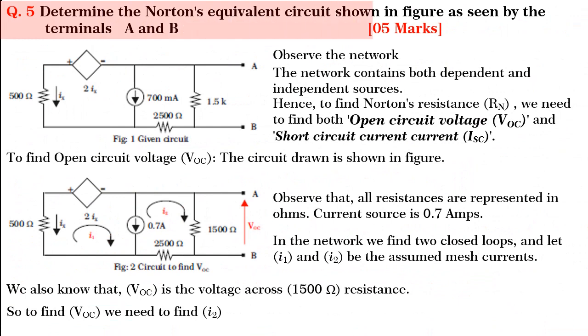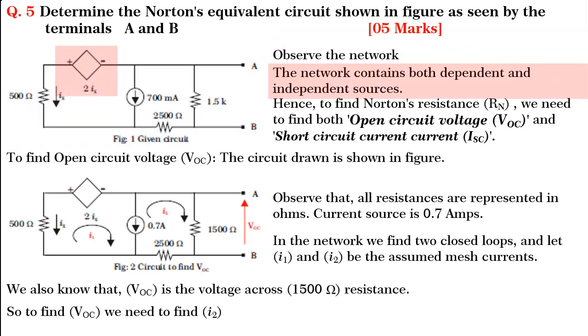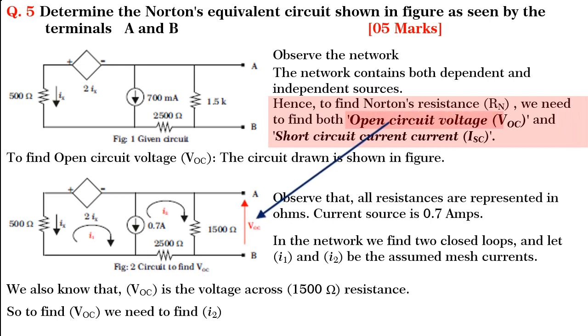Friends, next we shall solve question 5. In this question, we are required to determine the Norton's equivalent circuit for the circuit shown in figure as seen by the terminals A and B. Observe the network. The network contains both dependent and independent sources. Hence, to find the Norton's resistance, we need to find both open circuit voltage VOC and the short circuit current